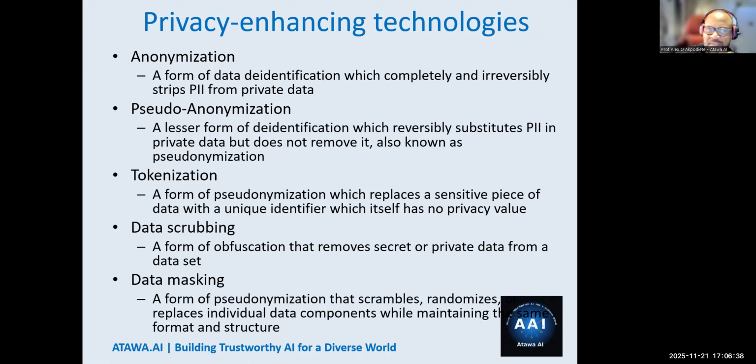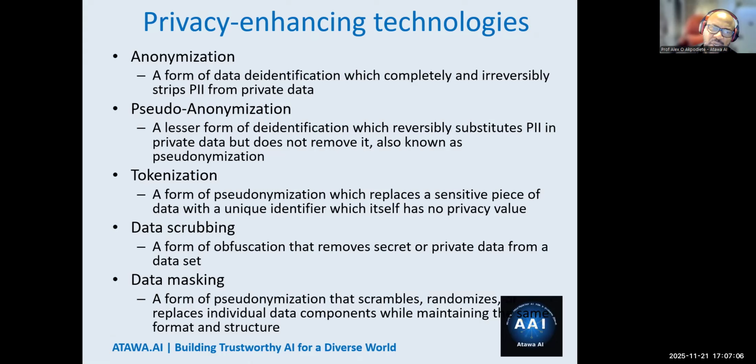The less restrictive one is pseudo-anonymization, also called pseudonymization. It says reversibly substitute PII in the private data, but does not remove it. And of course, tokenization: I replace a sensitive piece of data with a unique identifier, which itself has no privacy value, like a token value. I use that when we collect data sets for